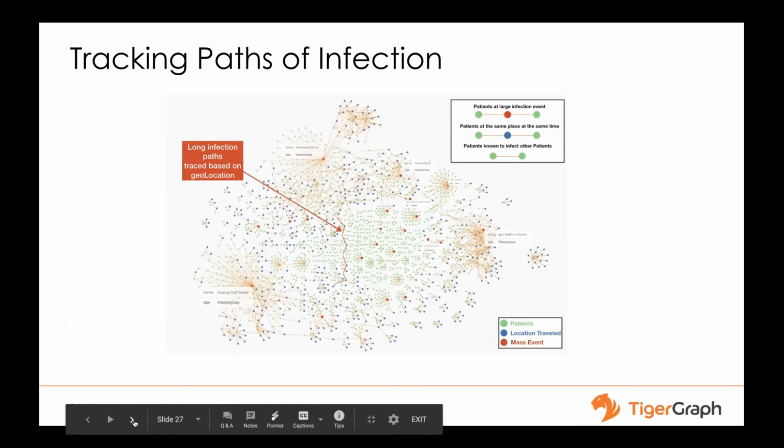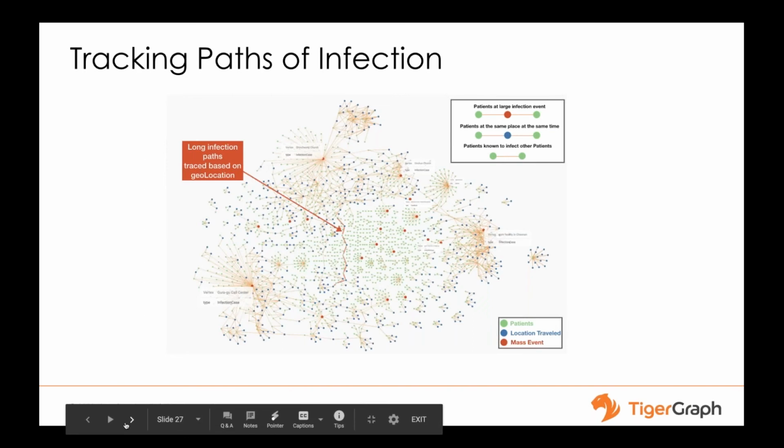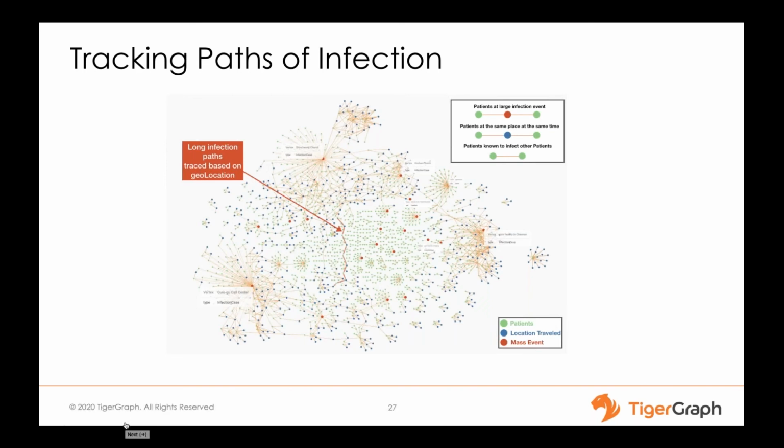So one interesting example, using TigerGraph, you can really help find the long infection path using deep link analysis. This features a multi-hop analysis, and TigerGraph can handle, as Reyes mentioned earlier, more than 10 hop relationships very efficiently and performantly. With a relational database, it may take a while to query using multiple joins to get this type of pathfinding statistics.